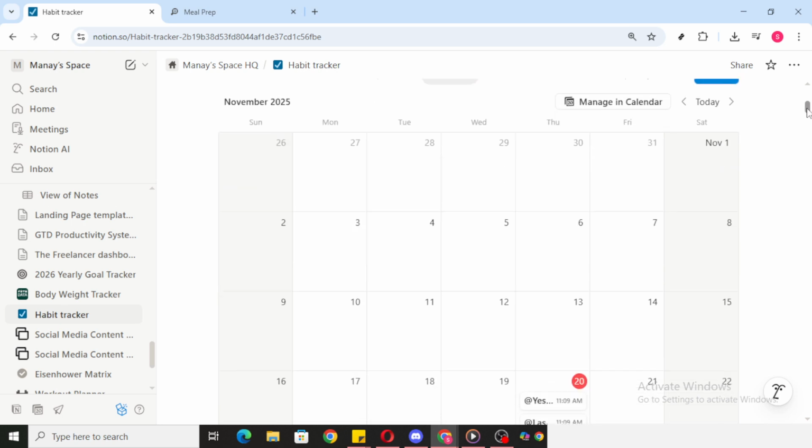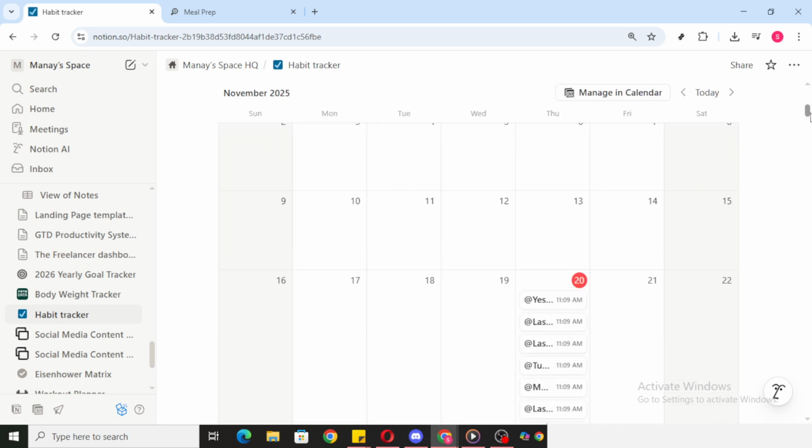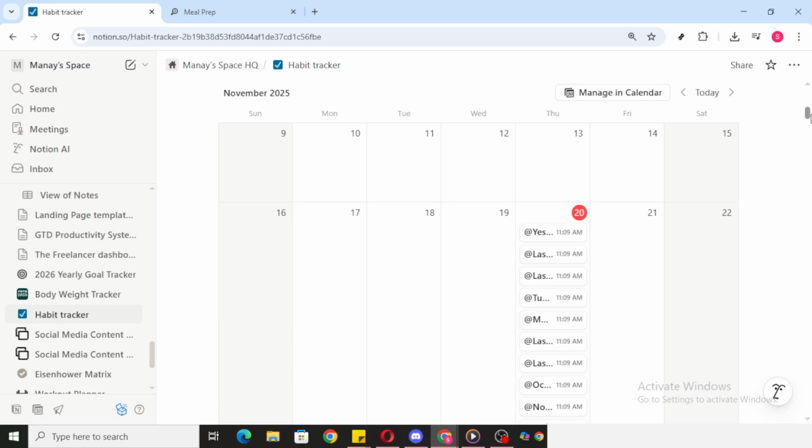You've opened Notion, chosen your page, clicked the plus icon, and selected Calendar. Simple and